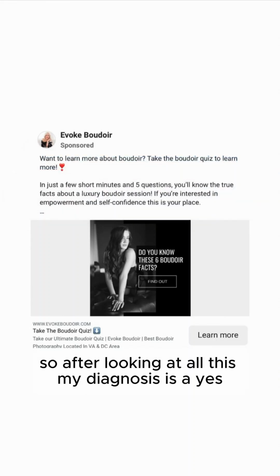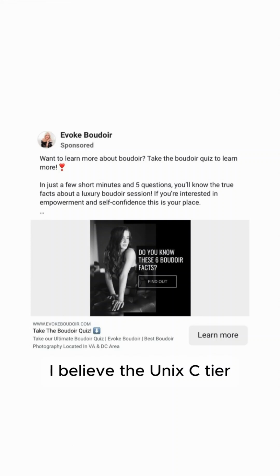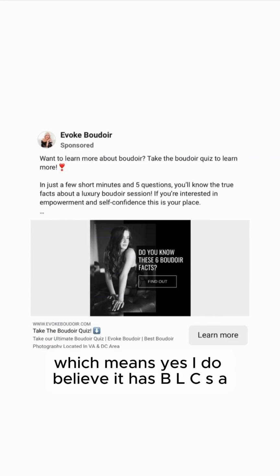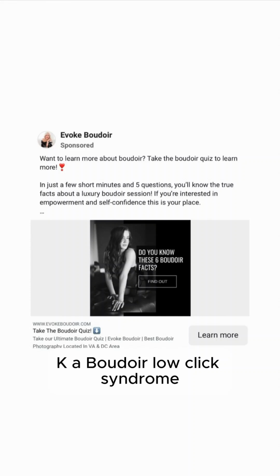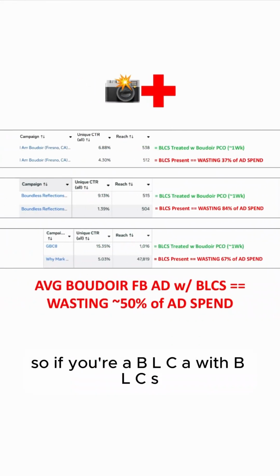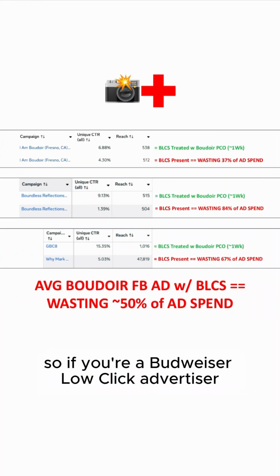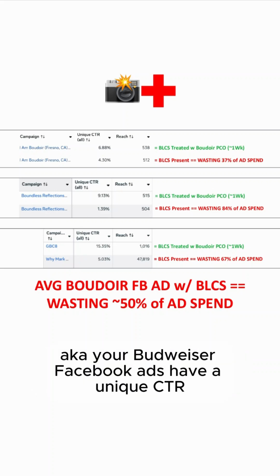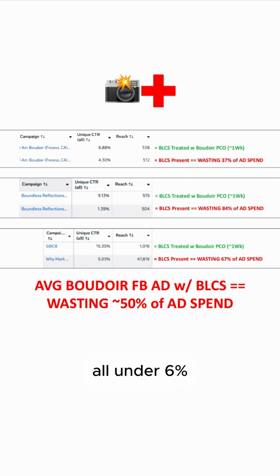So after looking at all this, my diagnosis is yes, I believe the unique CTR of this Boudoir Facebook ad is under 6%, which means yes, I do believe it has BLCS, aka Boudoir low click syndrome. So if you're a Boudoir low click advertiser with Boudoir low click syndrome, aka your Boudoir Facebook ads have a unique CTR under 6%,